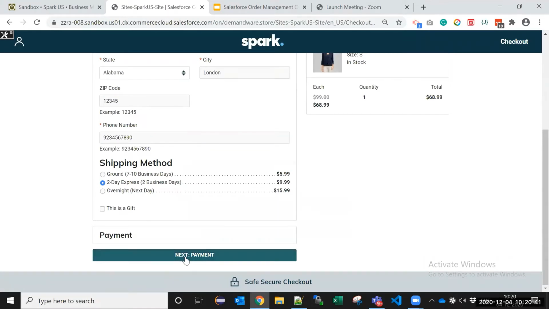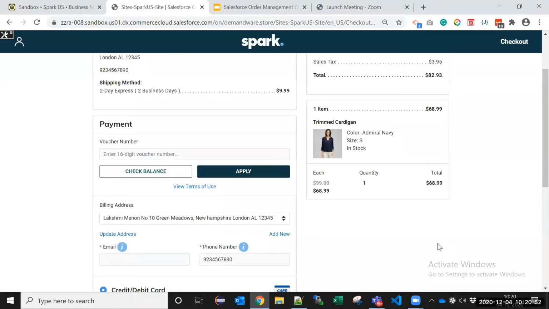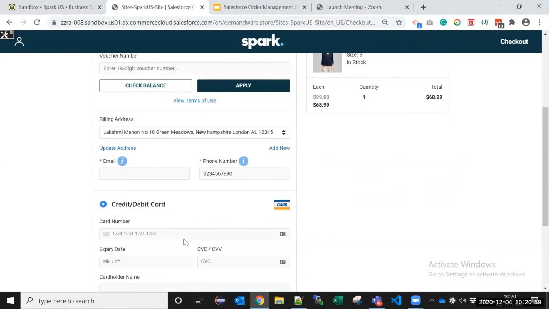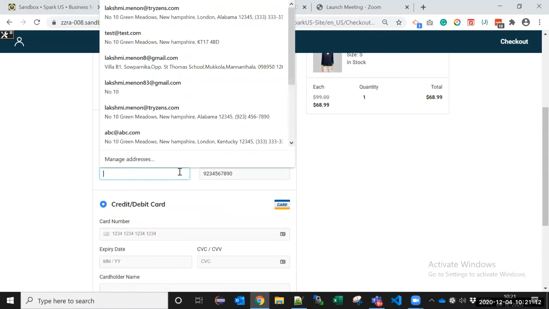I can just change my shipping methods, but clients do go with requirements of having gift cards and coupon codes and all of that. Once I've entered my shipping details, I then proceed to entering my billing address, which is right now pre-populated because I have it as the same one. I've also got the credit card, debit card section. You can have multiple payment methods depending on what the client requirements are. So you can have PayPal, Afterpay, the card, bank transfer, all of that.